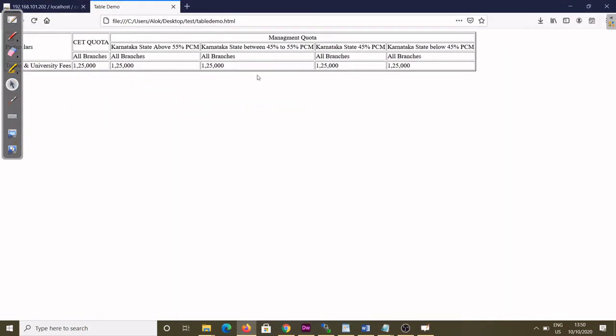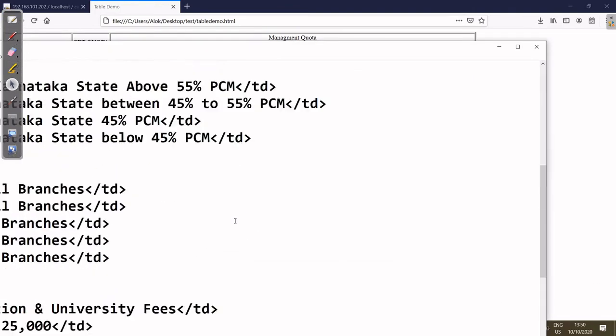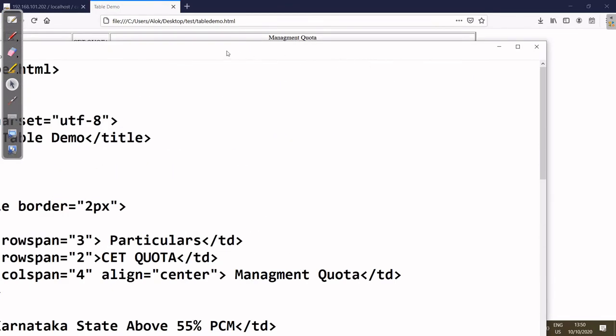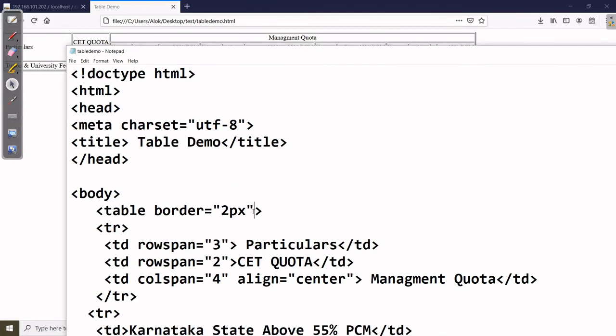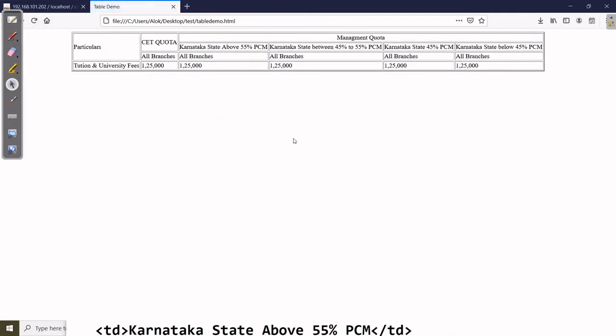And now if you want all the values in the center of the table, in that case along with the table you can use one more attribute, align, and the value you can give is center, and the complete table will be centered now. Save the file and refresh here, coming center now, okay.